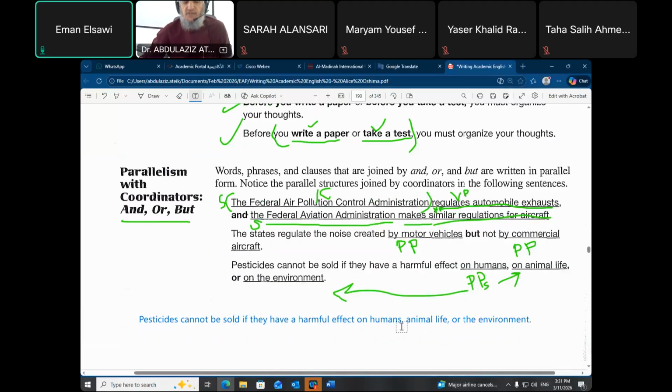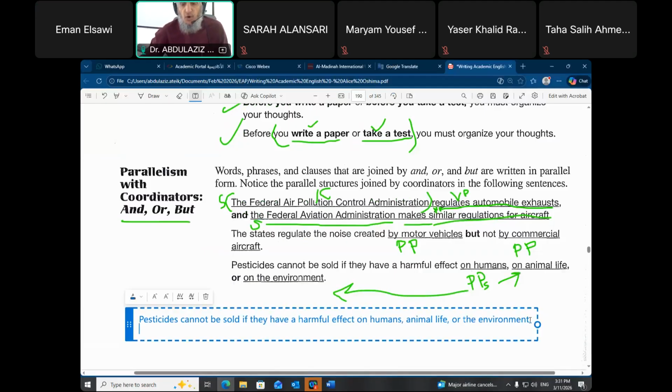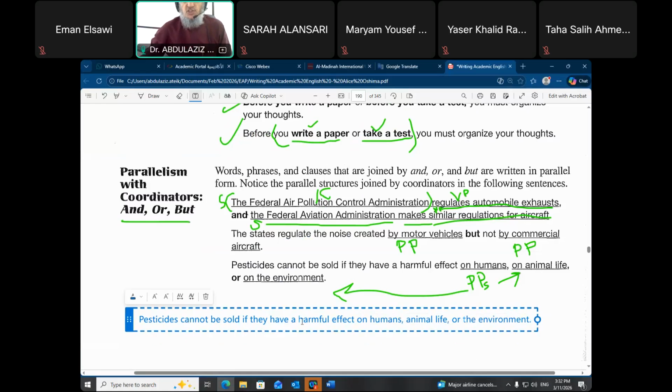Yeah, of course. If you remove, no, wait. All this is one PP. Then you have one noun phrase, one noun phrase. This is acceptable in English. If you use parallel structure with noun and noun phrase, it is acceptable. Noun and noun phrase, same type. So this is also acceptable if you use only on. Then the rest are noun, noun phrase, noun phrase. So they are all nouns. This is also acceptable.